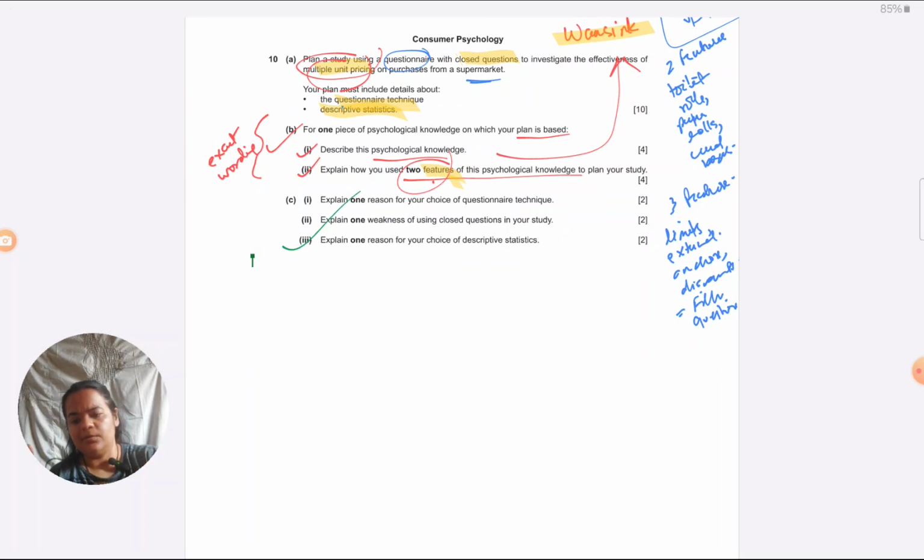So whatever questionnaire technique, type of questions, choice of descriptive statistics, those things I can evaluate easily after I've written the entire 10 marker also. So right now I don't need to think about it. Also, one more thing I remember when this October November paper came in for this question specifically: students are expecting, looking at the latest papers, that they're going to name some features here in 2 bullet points and then ask C questions about that only.